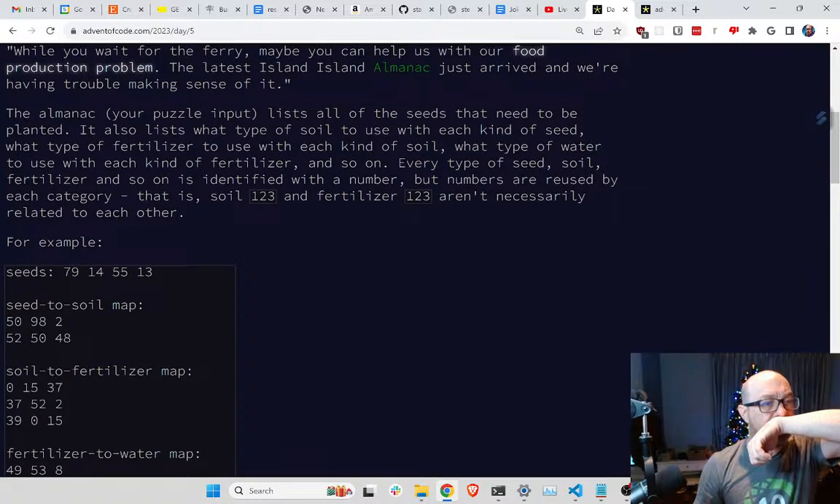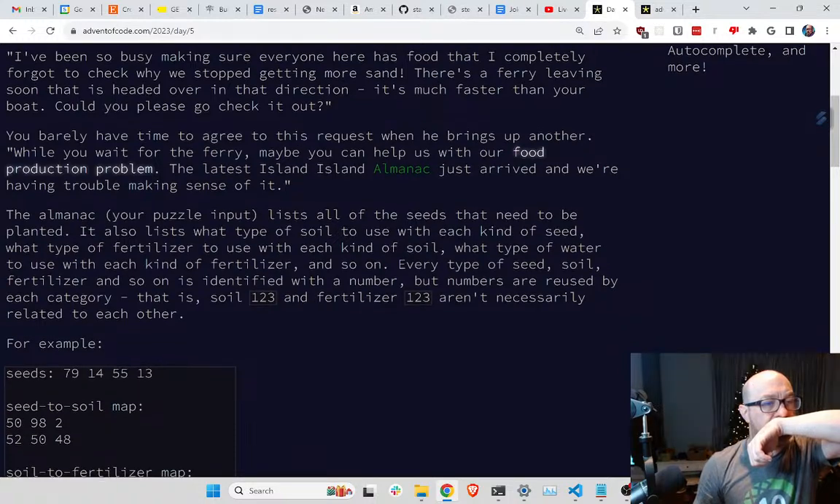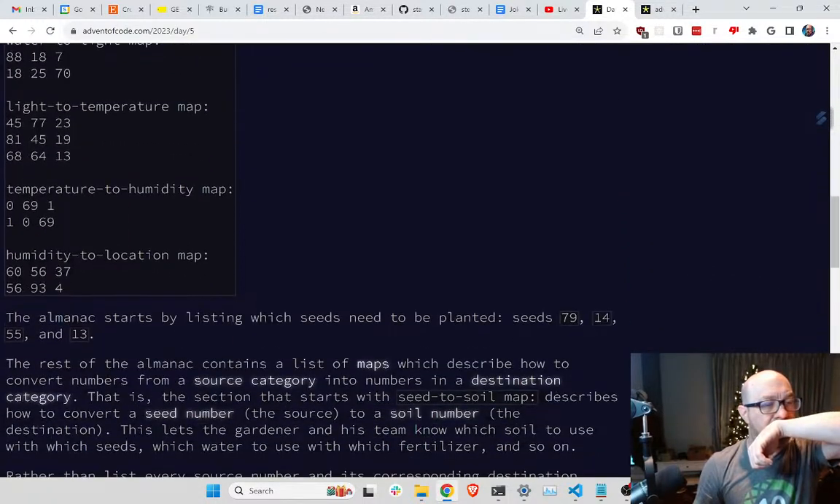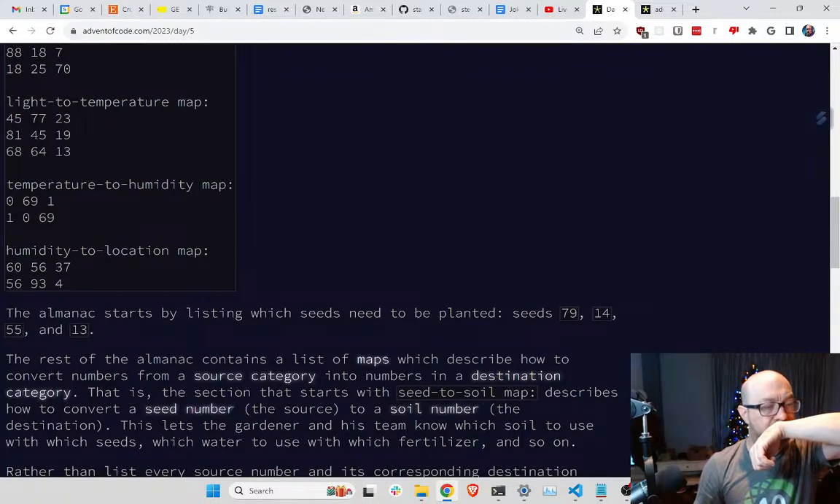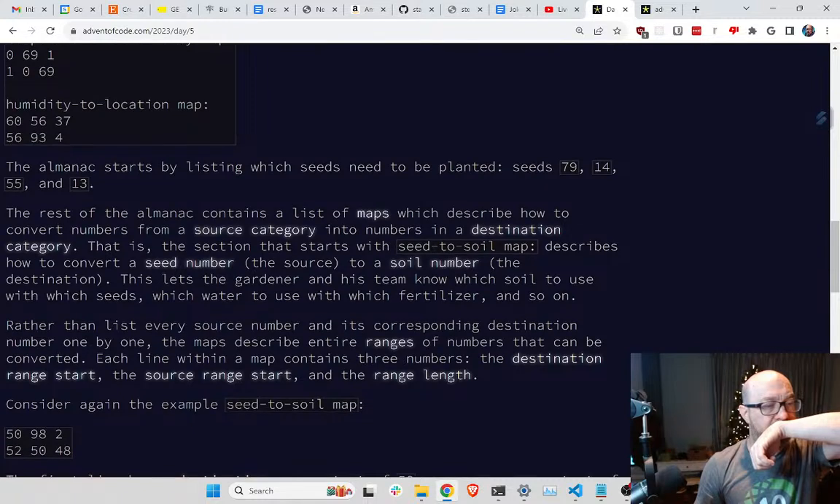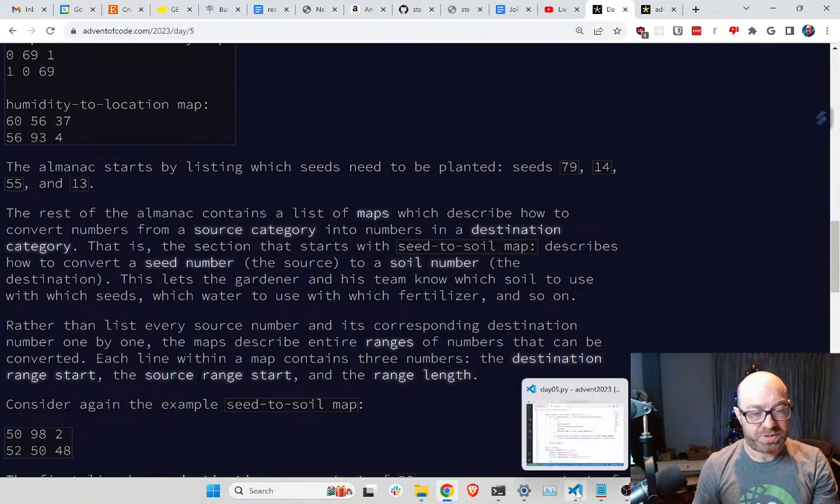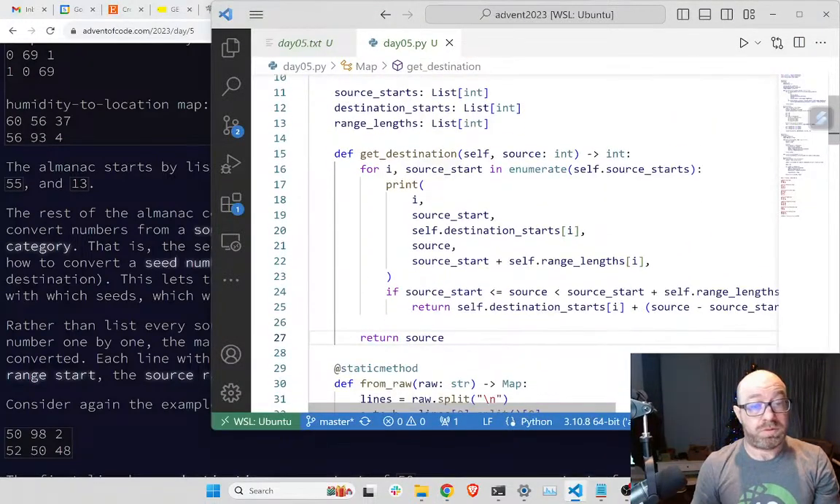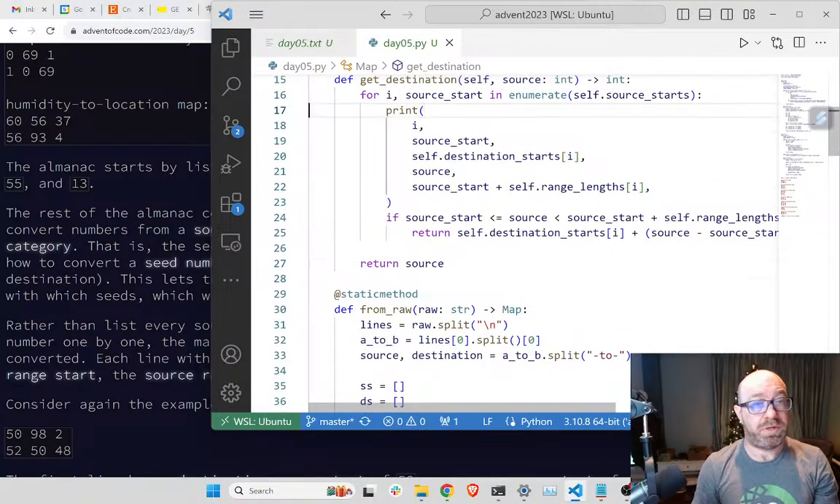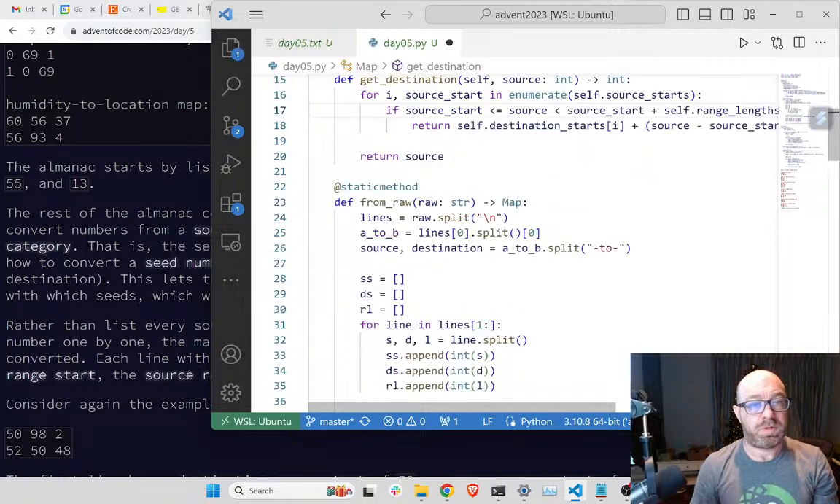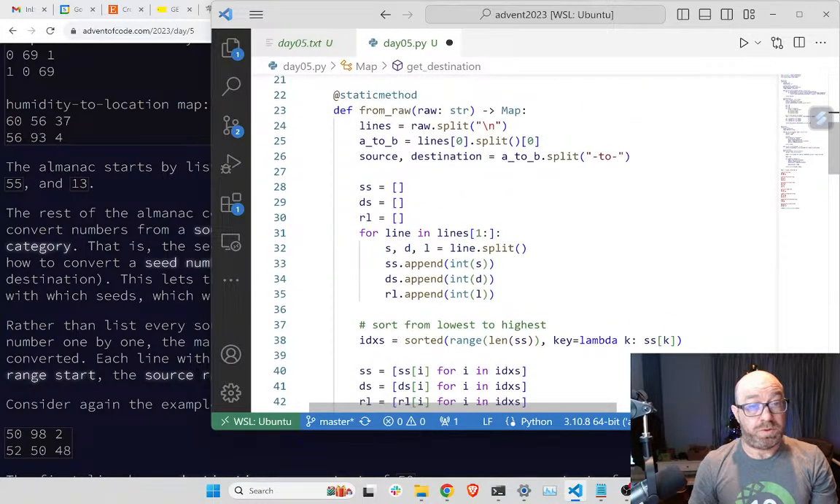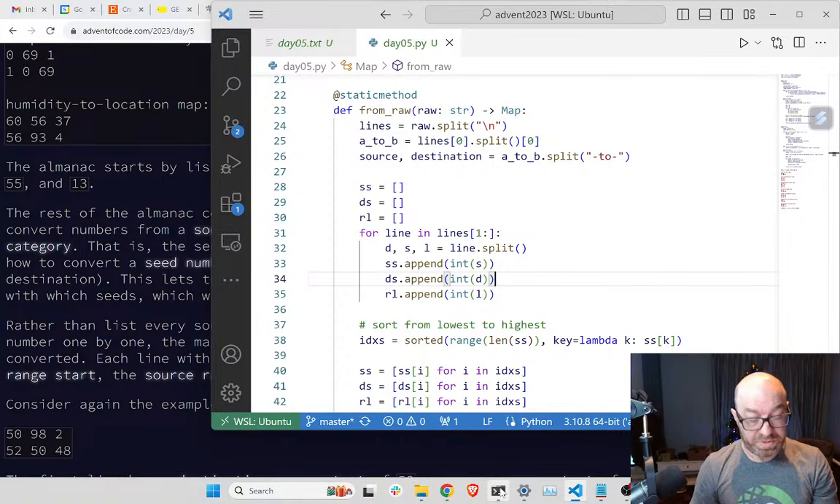Did I, which seed? Source category, seed number to a soil number. The destination range, okay, well that's the problem. Destination range starts, okay, seriously. All right, so I'm not going to print this. So this is destination, source, length equals line.split. And as always, I didn't read the problem carefully enough, so